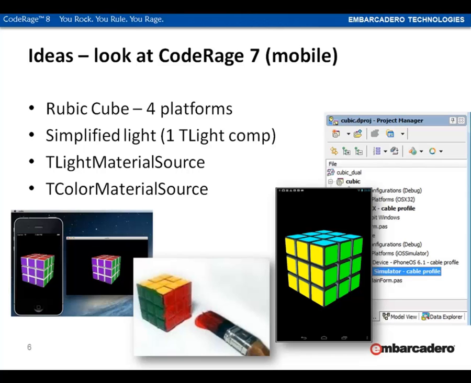But I decided to preserve the unity of the codebase for both iOS and Android projects. So I simplified the initial model, which now uses the only TLight. It now requires TColorMaterialSource. It's a simpler model for coloring, as the plain color is applied to a spatial body. Please look to the right. For this particular case, it's alright. The cube model is multi-platform. The codebase is exactly the same.